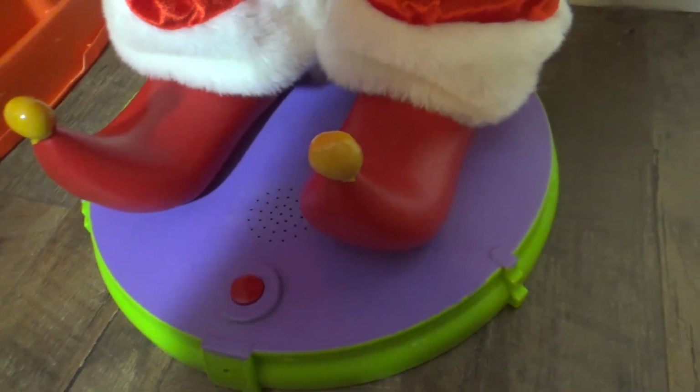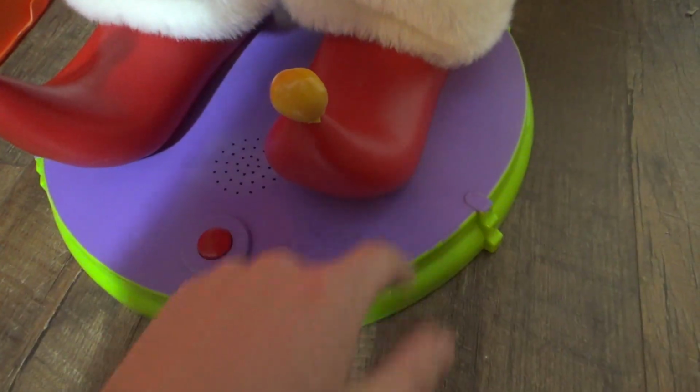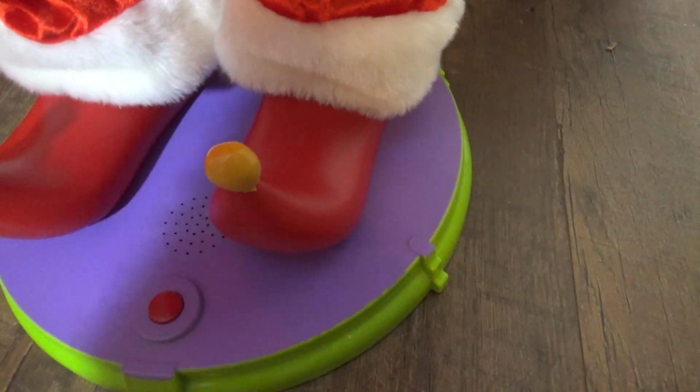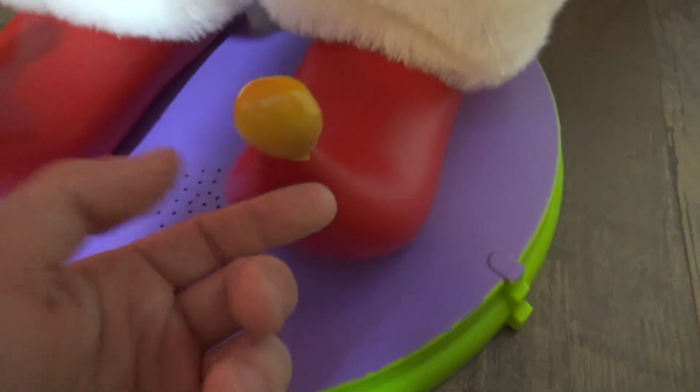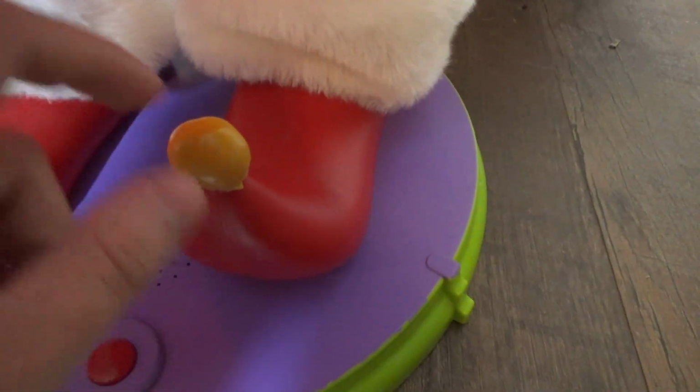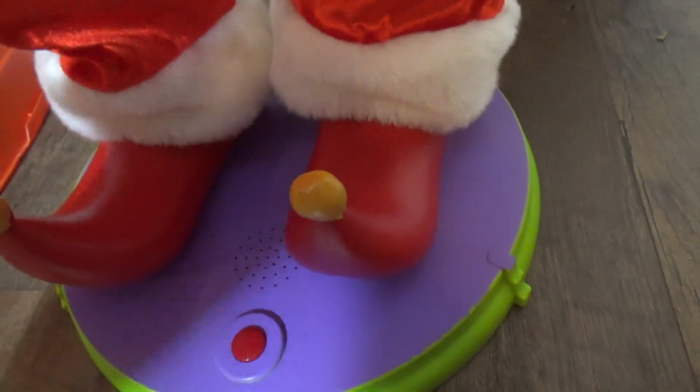Now, the shoes, they're not really positioned the best on this one. This one should be a little bit more over, but I'm not going to mess with it. It's fine like this. It just makes it look a little bit weird, but the shoes should be more off of this side. And then the points right here are kind of like paint, almost like latex. It's not latex, but it almost feels like latex. It's like a sticky paint or something. I don't know, it's weird. And the shoes are, of course, blow mold. They're not super thin plastic or anything. They're made very well. On the back here, it's got the regular